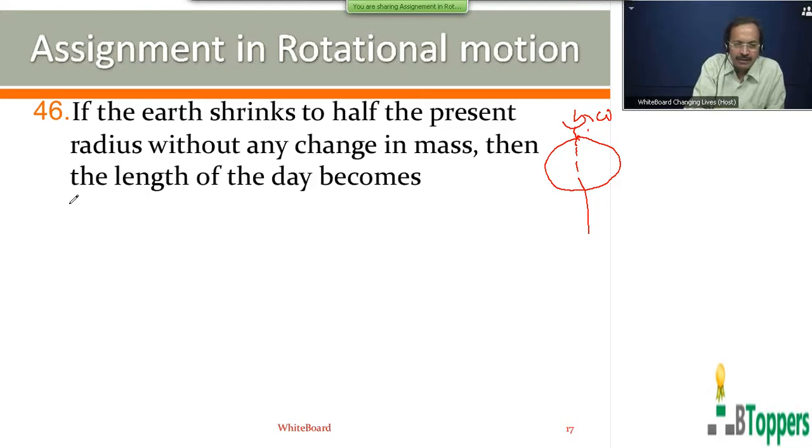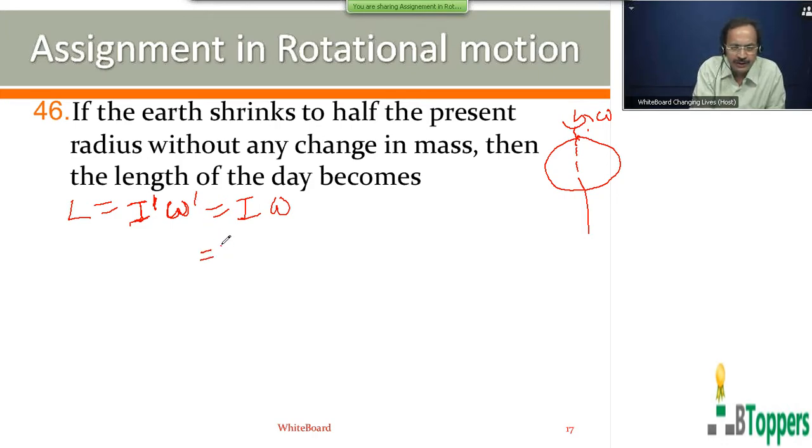So applying the conservation of angular momentum principle, L equal to I omega is constant. So I dash omega dash, you can write, equals I omega. I is the present value of the moment of inertia of the earth about the axis passing through the poles, and omega is the present angular speed of rotation of the earth about that axis. I dash is the new value of the moment of inertia of the earth about the polar axis. Omega dash is the new angular speed of rotation of the earth about the polar axis.